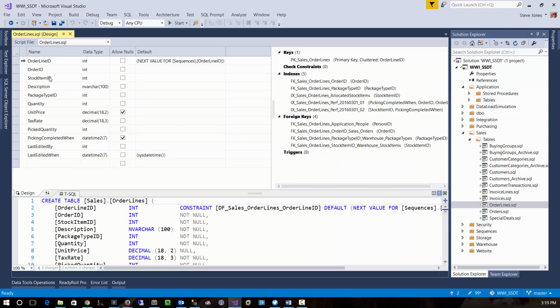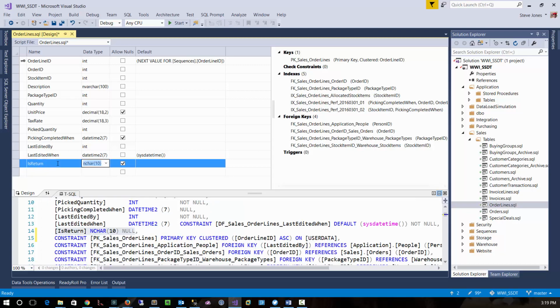And when I look at this, I get the designer, I see all the schema, I get the code, the foreign keys, and everything that's there. Let me add an item here. So one of the things that could happen with orders is that they get returned. So let's add an is return item. Typically a negative quantity is a return, but some people put in positive quantities. So let's just add a simple flag that will tell us if this is a return, and we'll save this